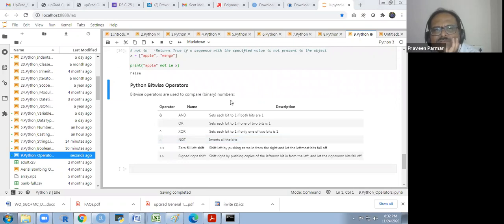So these are the bitwise operators I have explained to you, but we are not going into detail on the bitwise operators. And after operators,